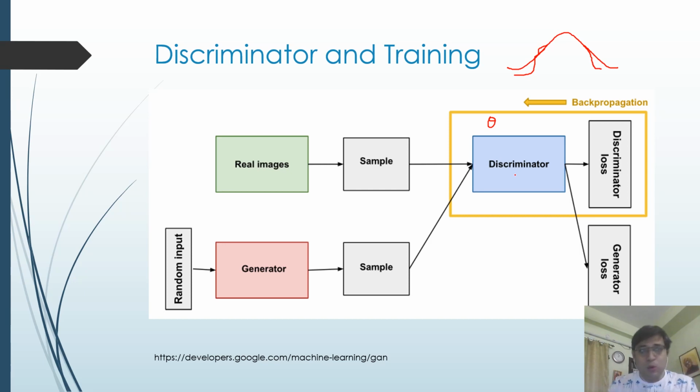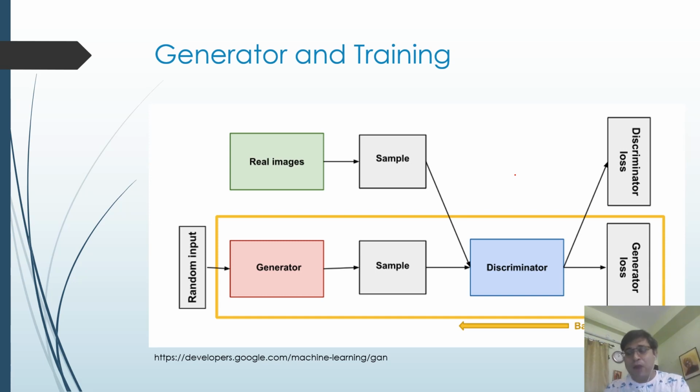Okay, now let's look at the GAN part. In the GAN part, you have this generator loss, and it goes to the discriminator. The generator has some parameters, and these parameters are again learned through backpropagation using this generator loss function. One other distinction that I want you to pay attention to is that when the generator training is happening, the discriminator is involved, but the discriminator weights are kept constant, because if you don't keep the discriminator weights constant, then learning the parameters for the generator will be a moving target.